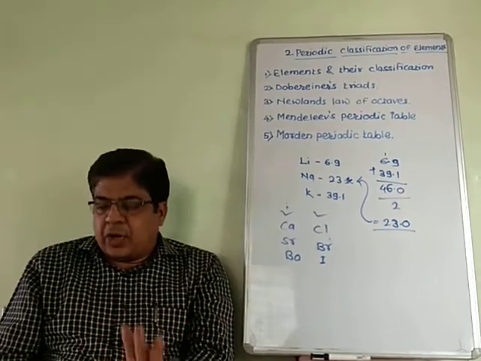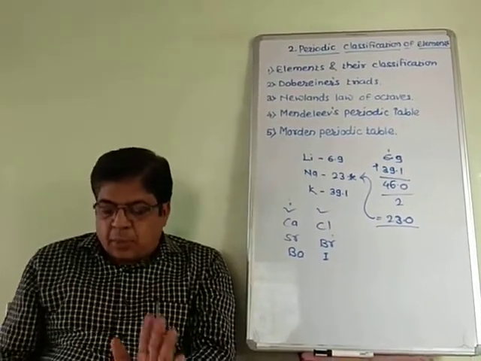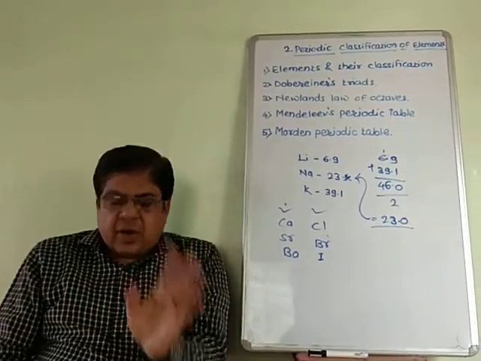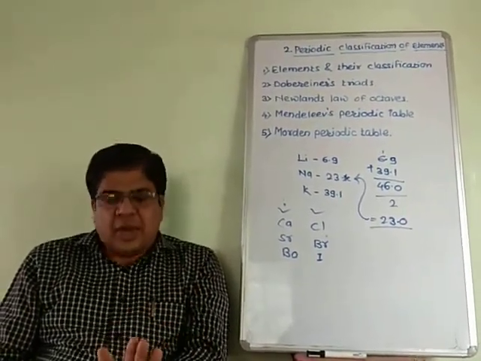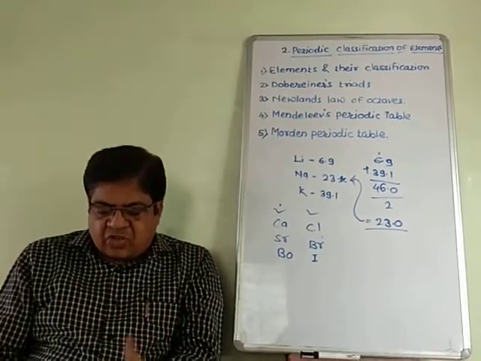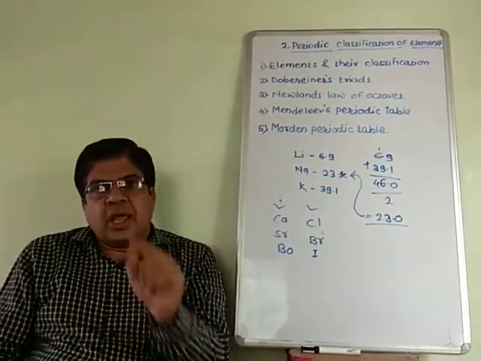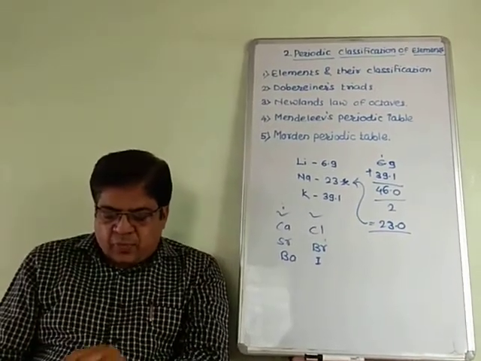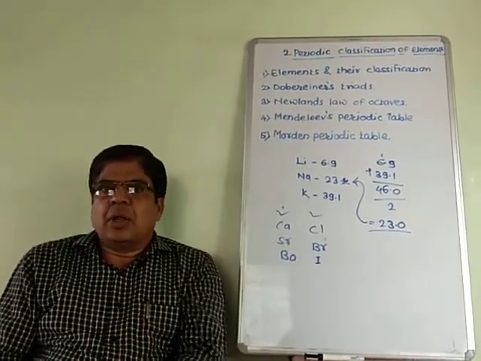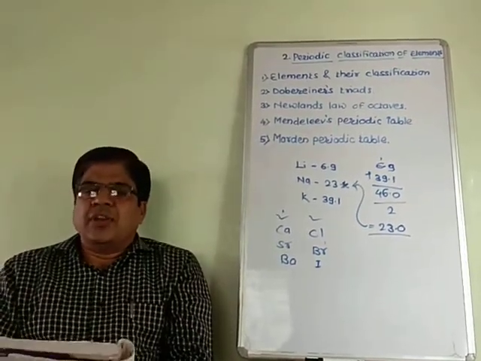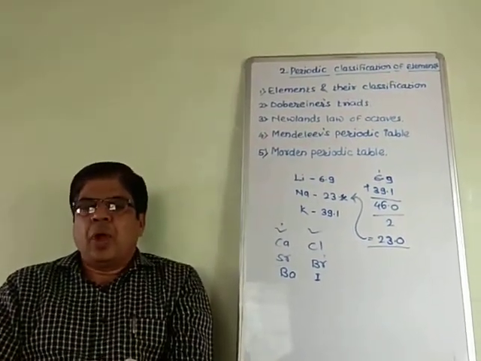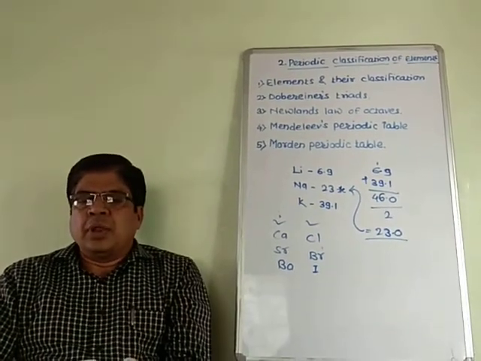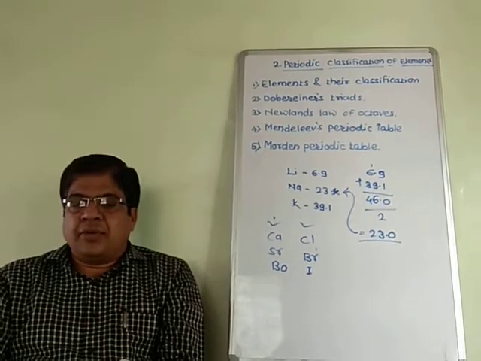Periods and electronic configuration. In the modern periodic table, there are 7 horizontal rows called periods. In a period, there is a change in the valency of elements. The valency of elements varies with electronic configuration. The number of valence electrons is different in different elements. However, the number of shells is the same in a period while going from left to right.